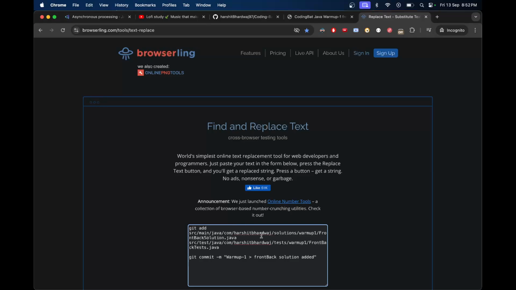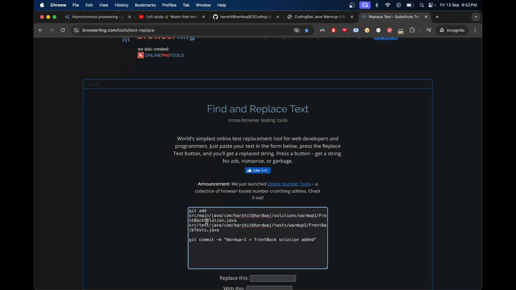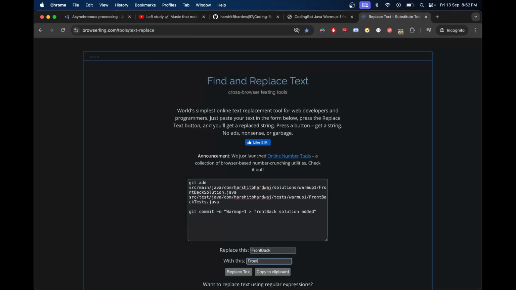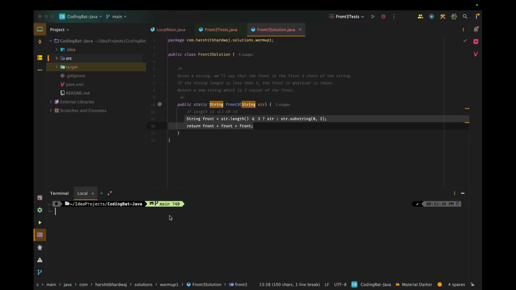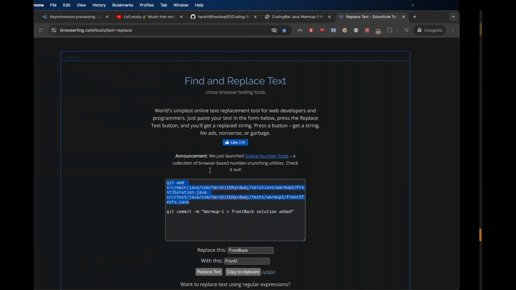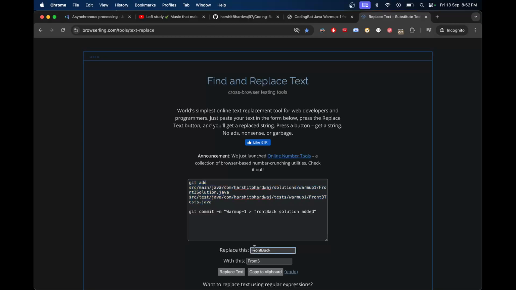So here I need to replace front back with front 3. Front back, front 3. Replace, add, and front back with front 3.